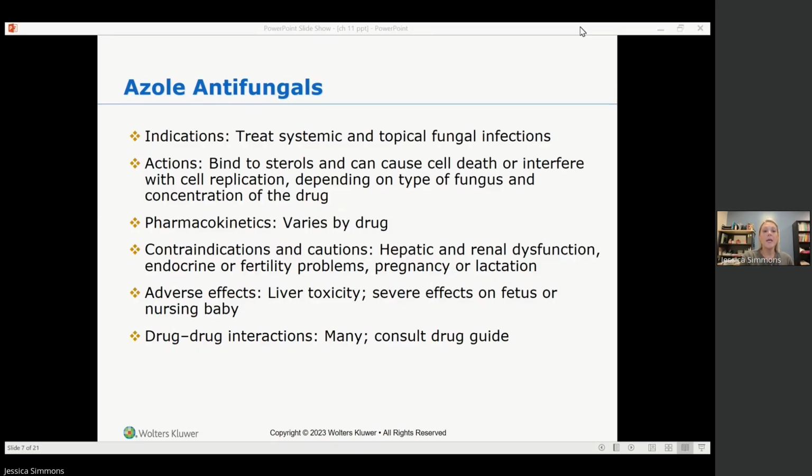So, anyways, contraindications for antifungals are huge when it comes to hepatotoxicity. That's going to be like your main one. Specifically, ketoconazole. I need you to know that ketoconazole is contraindicated in patients that have endocrine or fertility issues. Okay, this is important. This is actually on page, hold on.